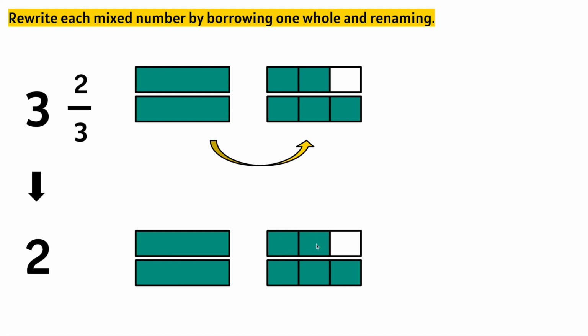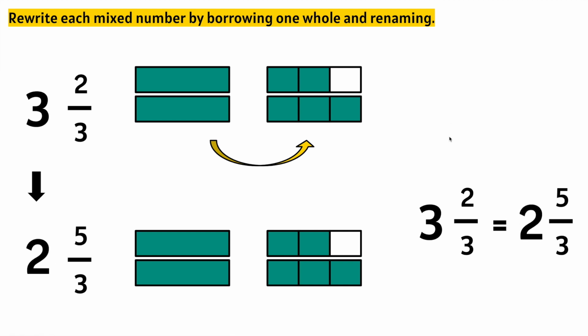1/3, 2/3, right? 3/3, 4/3, 5/3. So 3 and 2/3 is the same thing as 2 and 5/3. Let's put the models side by side. 3, 1, 2, 3, and 2/3, 1, 2, 3, 2 of them are shaded, is the same thing as 2